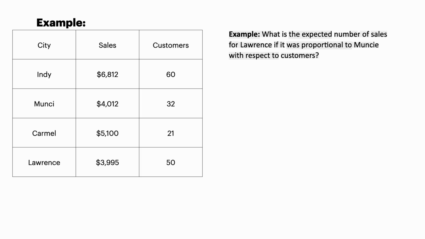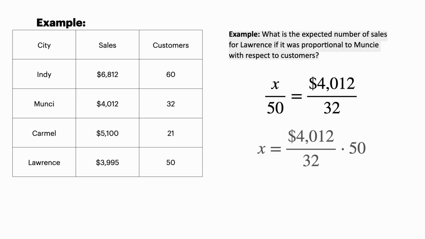Another example, what is the expected number of sales for Lawrence if it was proportional to Muncie with respect to customers? So this is a very similar question. We're looking for the expected number for Lawrence given the information for Muncie. So I'll do right-hand side with Muncie, left-hand side with Lawrence. The unknown sales over 50 customers for Lawrence. If I multiply both sides by 50, I will find the expected sales figure, and that is